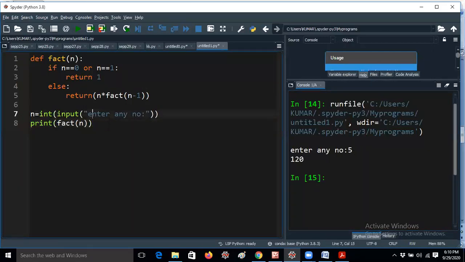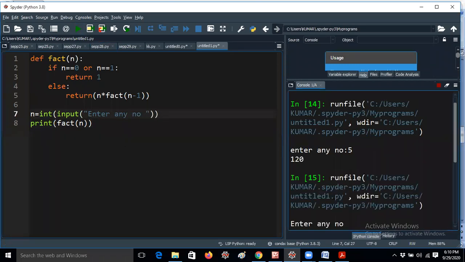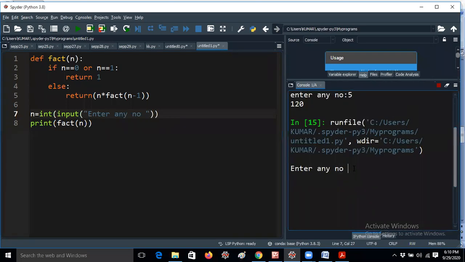You can give an enter. Some students may think that the colon is mandatory here. Why is the colon mandatory? It is just for understanding, just for spacing purposes. If I am not giving a colon also, I will get the output. Some students may learn by heart that it should be a colon here. The colon is not a part of the body, guys. I'm getting the output, 6 factorial is also 720.